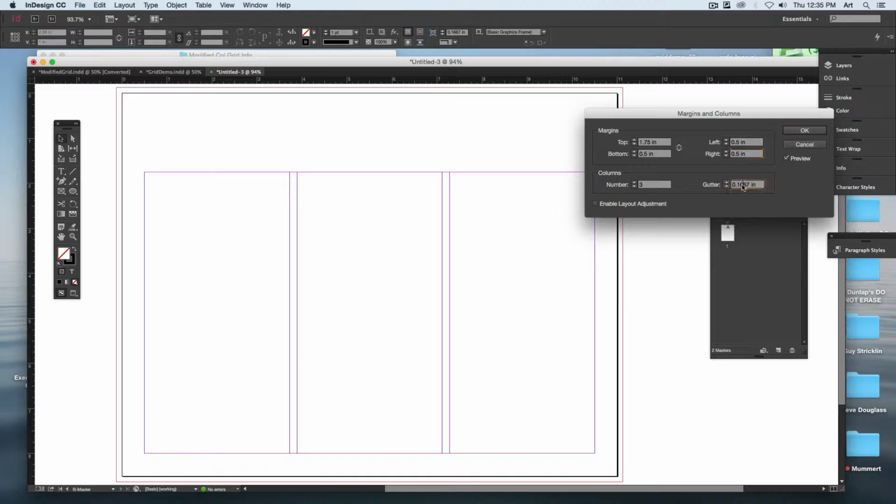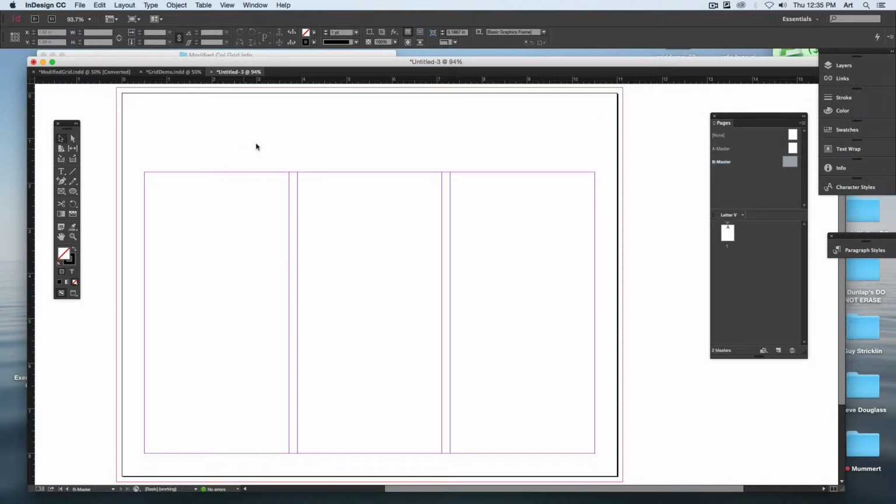This will be 3 columns. And again, the gutter for these columns is going to be 0.1875. We'll say OK. For this one, however, by default, it divides my columns up evenly within my margins. I want to be able to move these around. You can move the position of your